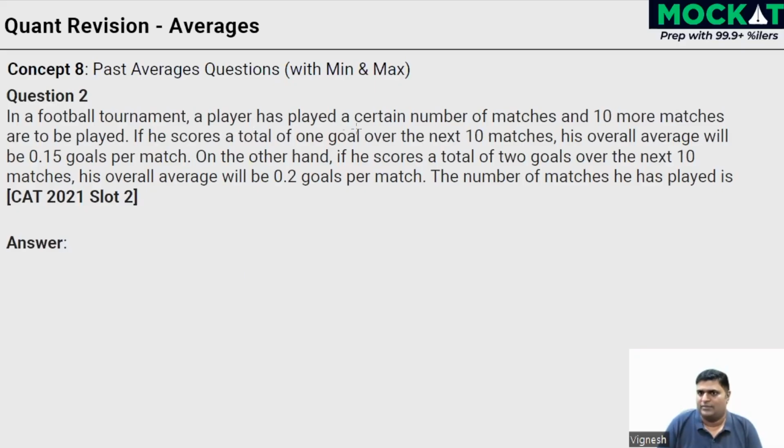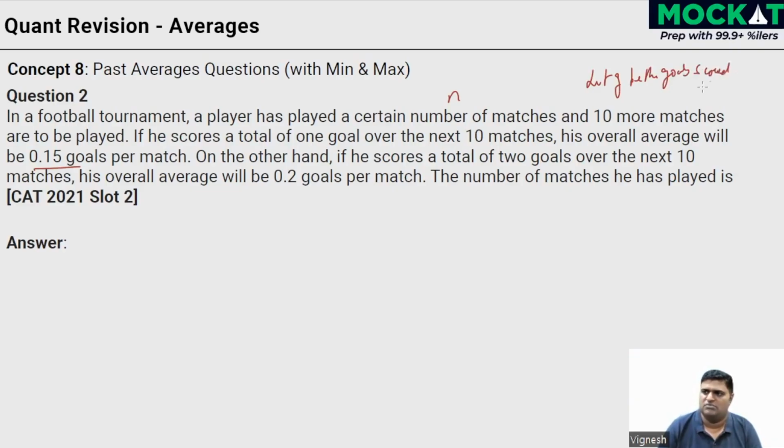In a football tournament, a player has played a certain number of matches and 10 more matches are to be played. Okay, 10 more are to be played in the future. So some n number of matches have happened. If he scores a total of 1 goal over the next 10 matches, his overall average will be 0.15 goals per match. That's the final average given, right? So they're not saying average is going to increase, they're saying this is going to be your final average. So how many goals scored so far? We don't know that. Therefore, we should take